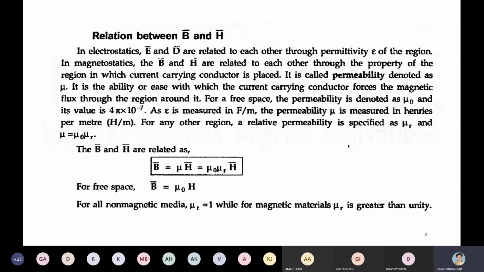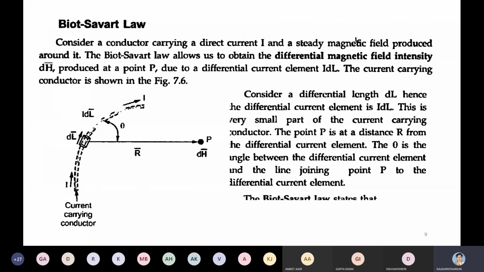So you have a relation that we had done also, that is the Biot-Savart law. What does this law state? We have considered a current carrying conductor, and we have considered a small differential length, dl, of this particular conductor. The current flowing through this conductor is I, and we are measuring the magnetic field intensity at a point P which we have taken far away from the conductor. There is a line joining this dl length to the point P, and that is represented by a distance, capital R, right?